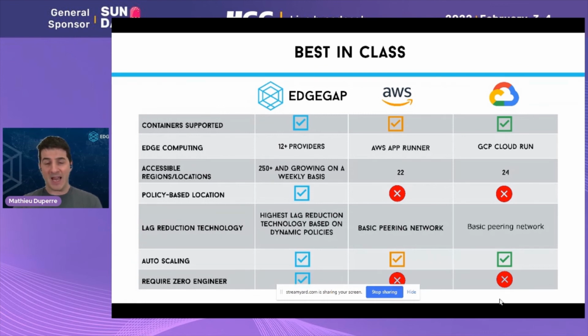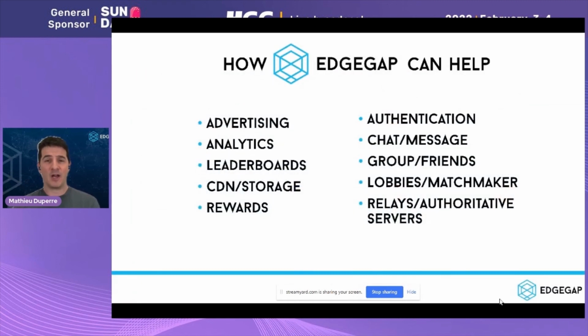And last but not least, we can deploy components within 2 to 3 seconds, which is very important as your game scales up, because we can scale unlimitedly, whereas the public cloud will typically require between 45 to 90 seconds before they can start one of your applications.